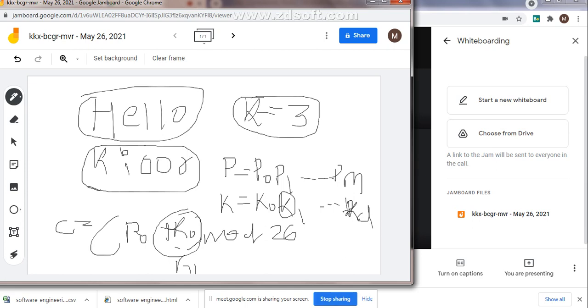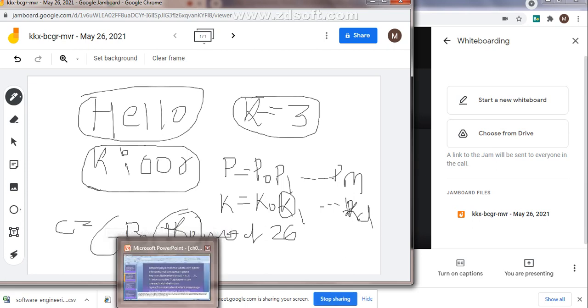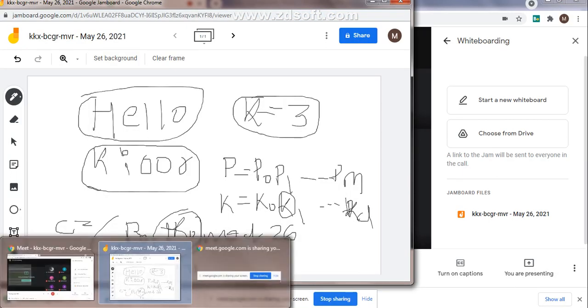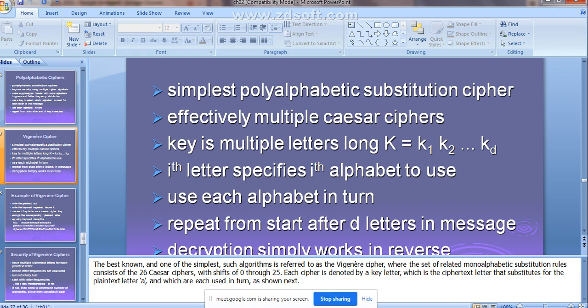Here it is K0; next, to get the second cipher text letter, you add K1, then K2, like this up to K(d-1). Different keys you are using. Because of that I told you polyalphabetic is a combination of multiple Caesar ciphers. The first time one key, and for the second cipher text letter a different key letter.